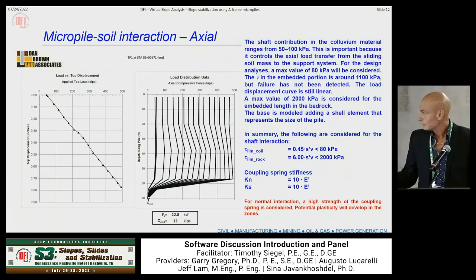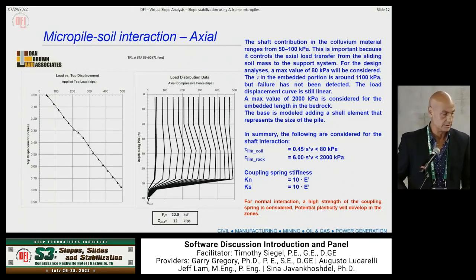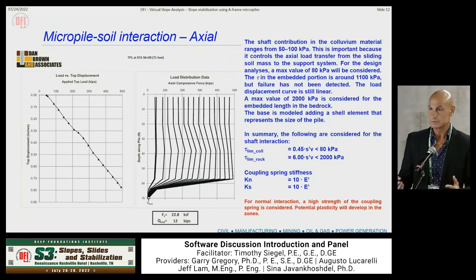The option that I tend to use is to try to bracket the axial transfer, the load transfer, the bonding zone. If we want to be conservative from the geotechnical side, we would tend to use less bond strength. But if you want to be conservative on the structural side, adopting a higher bond strength will give higher axial force and therefore more mobilization in the structural. So it depends on what we're looking to be conservative. And being conservative in one aspect doesn't necessarily mean that you're being conservative in the other aspect as well. So that's what I use for the analysis,